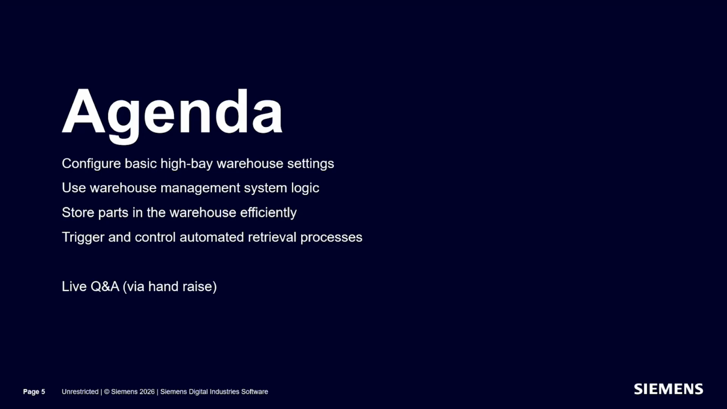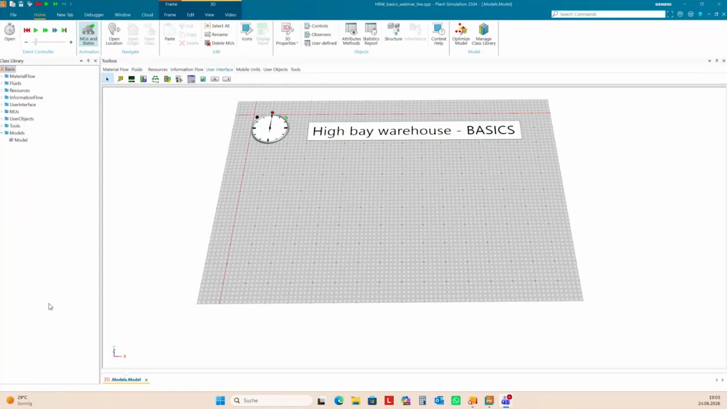Okay, hello for our next webinar, and the topic is High Bay Warehouse Basics, and it's really only the basics because it's such a big topic, and there are other topics connected with this. One we had already. This was one topic where I showed how to change the rack service unit RSU to create a stacker crane from it, and you can find the recording of this webinar in the virtual user group forum